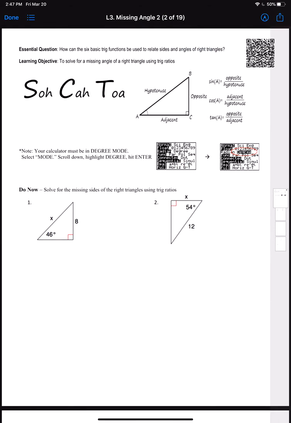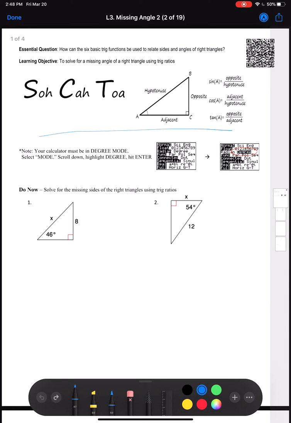Okay, so in this lesson we're going to learn how to solve for a missing angle in a right triangle using trig ratios. We're going to do the same thing we did in the previous lesson. Now, I do have the calculator downloaded, so if you see this section right here, I can actually show you